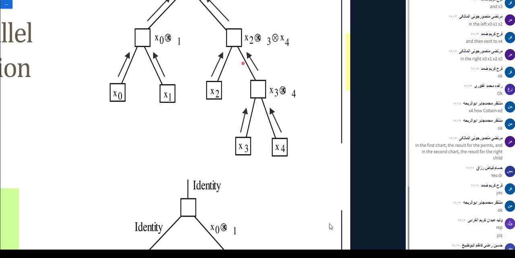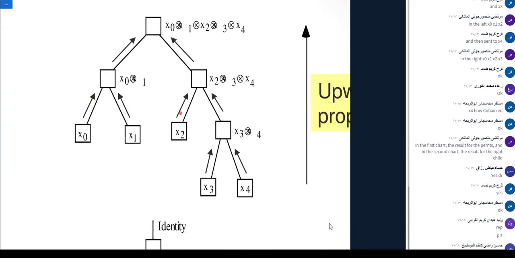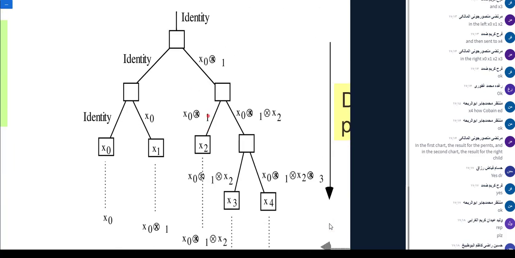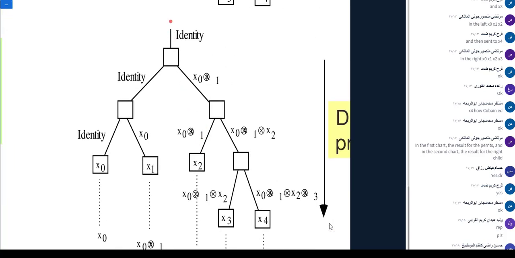As you know, the previous phase has been done. It is finished now. I mean the upward phase. The upward phase was exactly like semigroup. Now we are in the downward phase. In the downward phase, we start from the root. I is received by the root. It is transferred to the left,